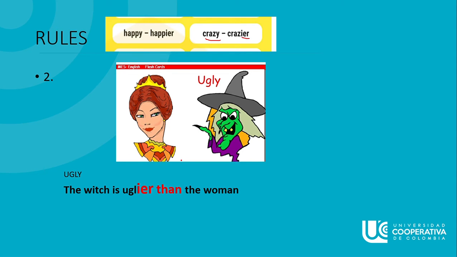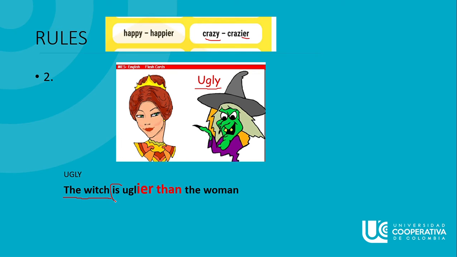Here we have these two subjects. Okay? We have this beautiful woman and this ugly witch. Okay? We are using the adjective ugly. Now, first, to write down this sentence, we are going to place subject number 1, that is the witch. After that,